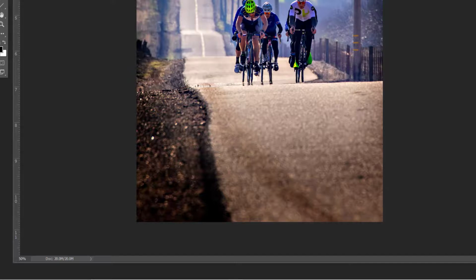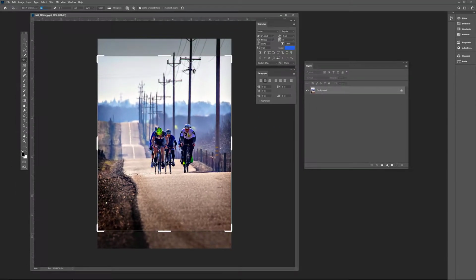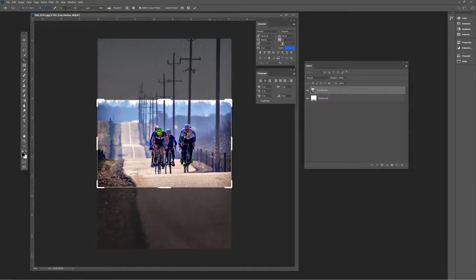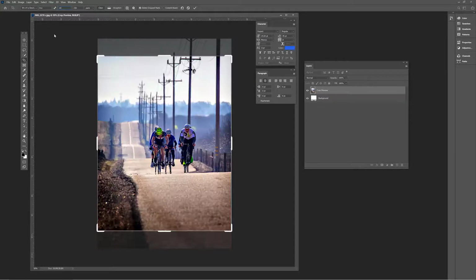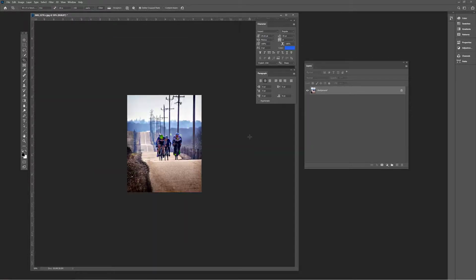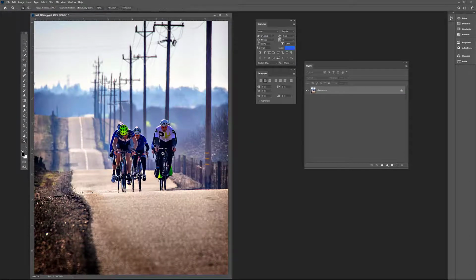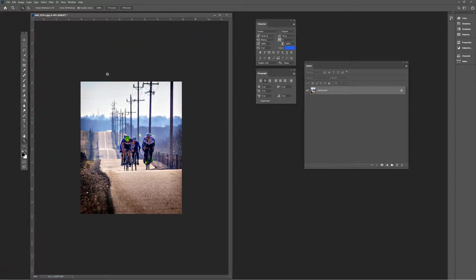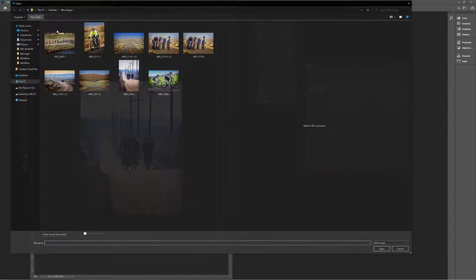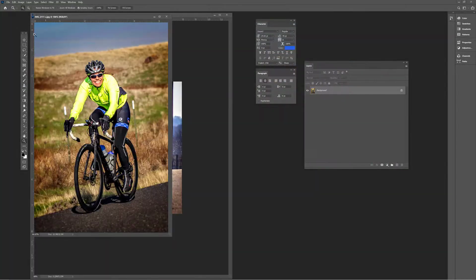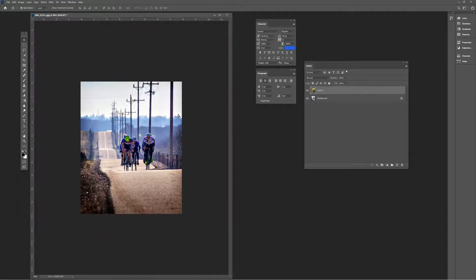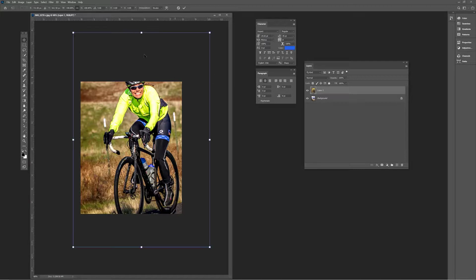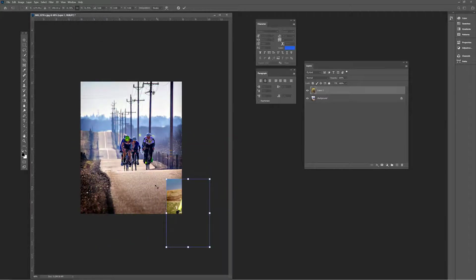But if we go to the crop tool like we did before and type in 8 by 10 at 150 pixels per inch and hit enter, then I know that's exactly the right size. For the purposes of this assignment, then I can go in and say open up another image, drag it across and drop it, go to a free transform, make it small,